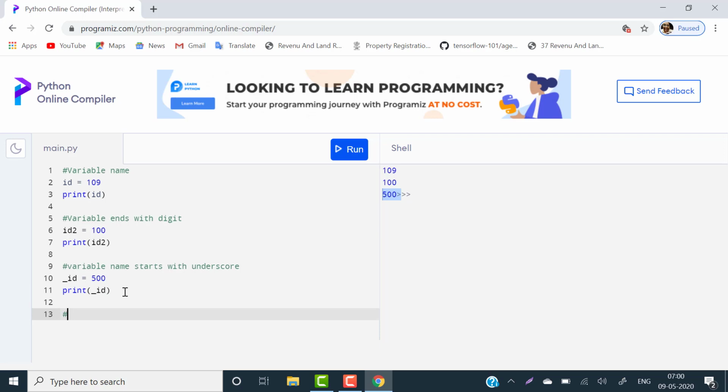Now we will write a variable name that starts with a digit.